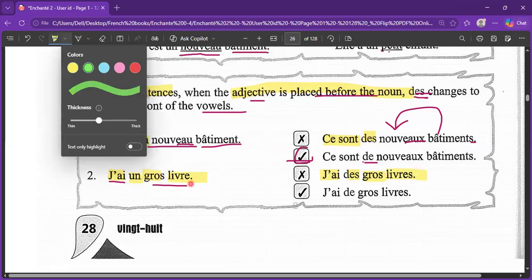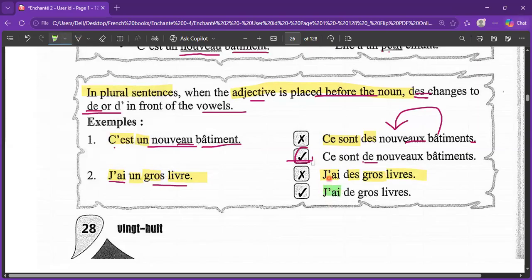The correct version is j'ai, and according to the rule, because this adjective is before the noun, if this adjective is coming before the noun, des will change to simply de, or d'. Because this is starting with a consonant, we don't need the apostrophe, we'll write simply de. J'ai de gros livres. This is a rule you need to keep in your mind.